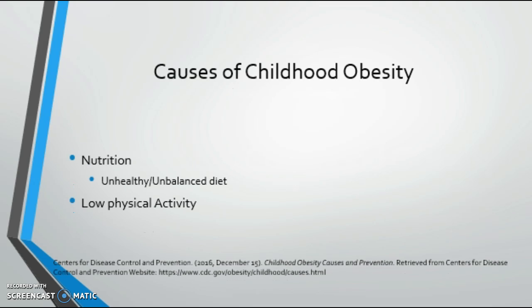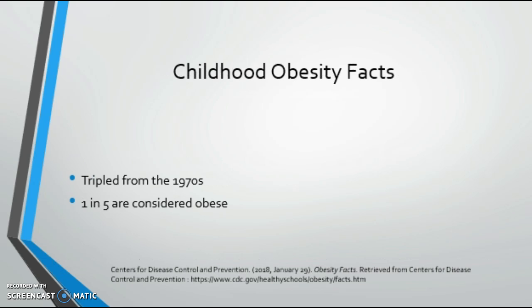Next are the causes of obesity. And looking at that, there are two leading causes of childhood obesity, and those do include nutrition and low physical activity. When children are eating foods that are unhealthy for them, like things that are high in fat or sodium, they're not promoting a healthy diet. They may have cereal in the morning that is high in sugar and with milk that is unhealthy as opposed to skim milk, for example. Or going throughout the day splurging on junk food, if you will, and not having a healthy balance of fresh fruit and vegetables. Their bodies are not getting the nutrition that they need. Then, when combined with low physical activity, obesity begins to set in. Children should be active in doing things that encourage growth as opposed to eating foods that are bad for them and just sitting in the house.